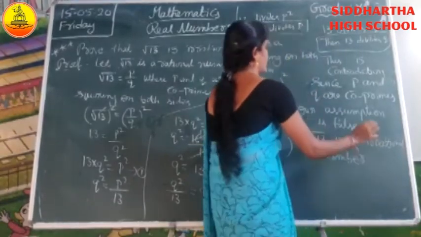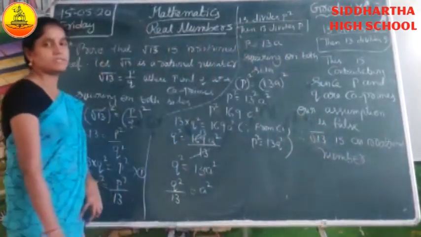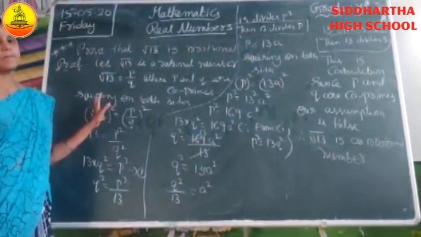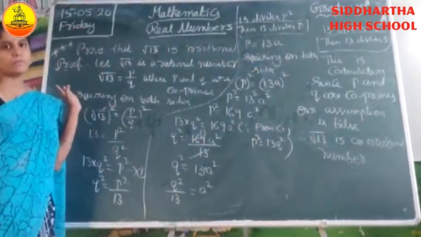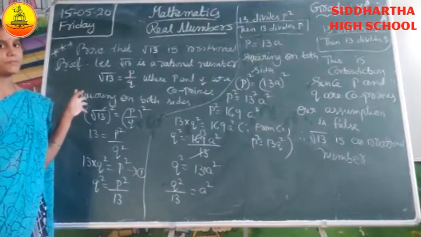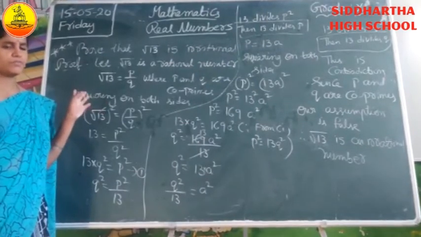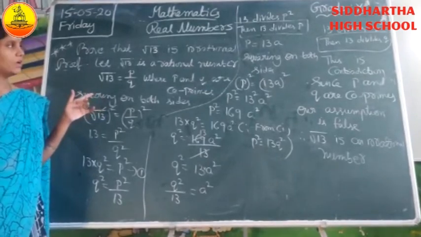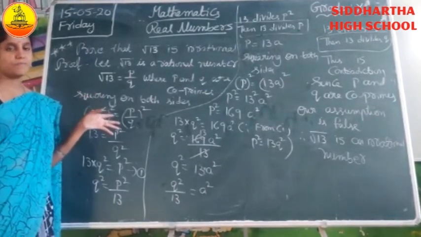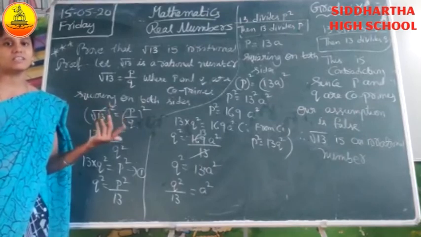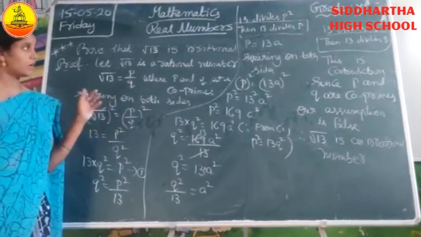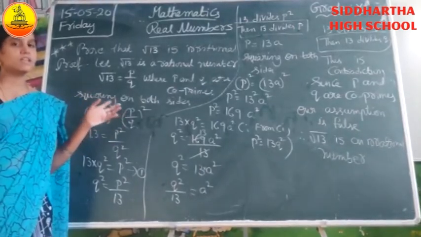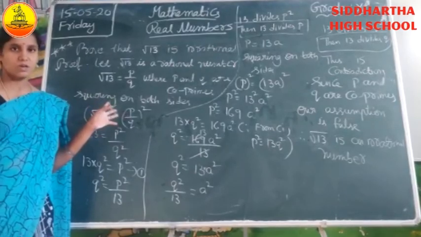Did you understand, children? How to solve these sums? This type of sums is very important for 4 marks. In exercise 1.4, in the first Roman numeral, the second and fifth sums are based on this model, and the second bit is also based on this model. You have to do the sums as homework. Not only those sums, you have to create sums on your own and solve them, because this exercise is very important for 4 marks. Okay, thank you.